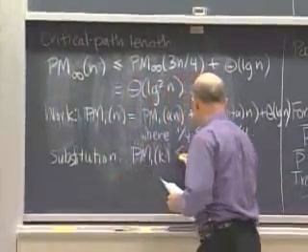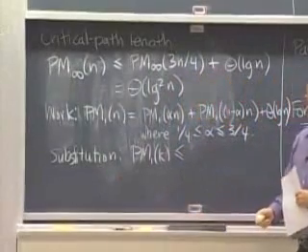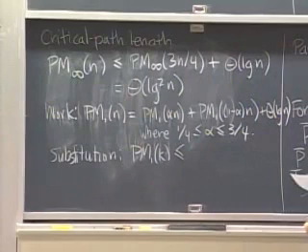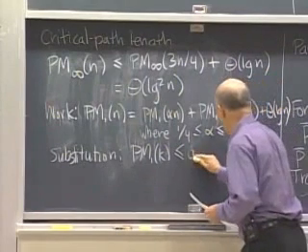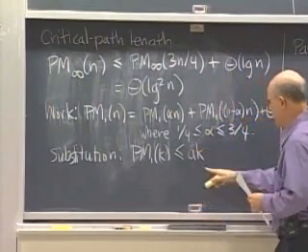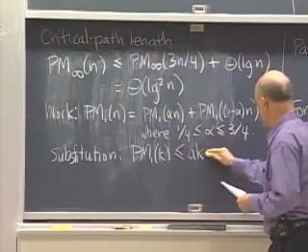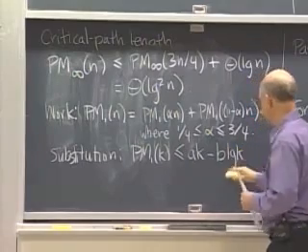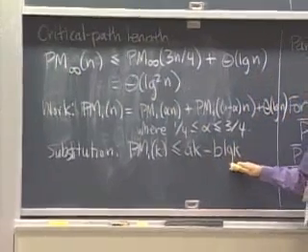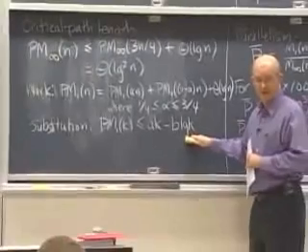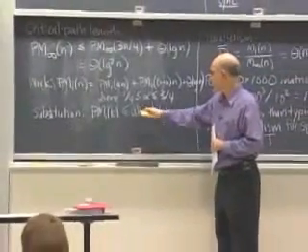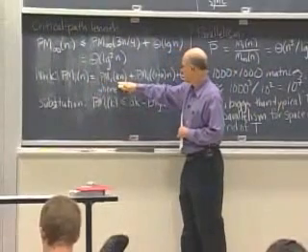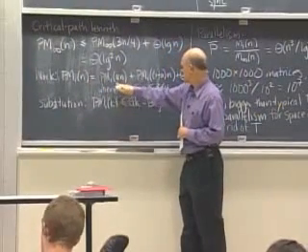Okay, so we're going to say Pm1 of k is less than or equal to, okay, I'm going to make a good guess here, because I fooled around with it. I want it to be linear, so it's going to have a linear term, a times k, minus b log k. So this is this trick of subtracting a low-order term. Remember that in substitution in order to make it stronger? If I just did ak, it's not going to work, because here I would get n, and then when I